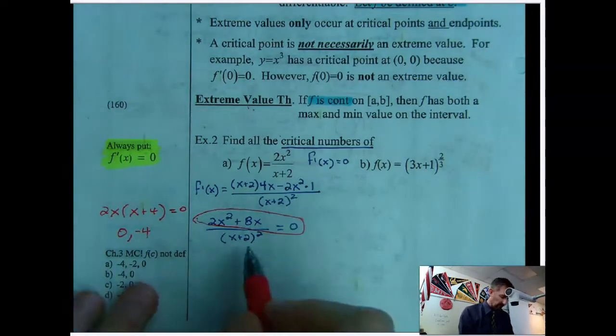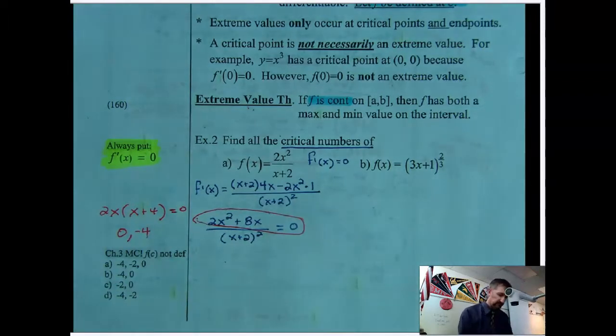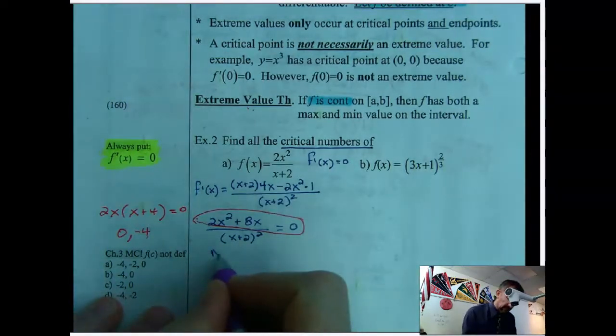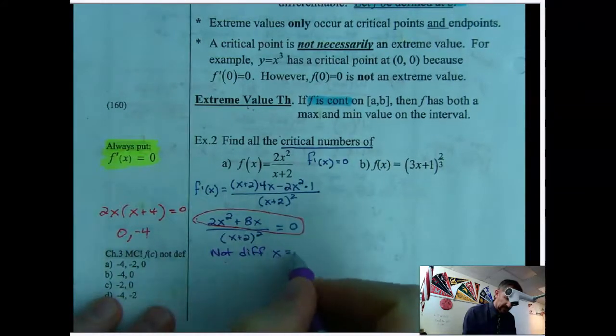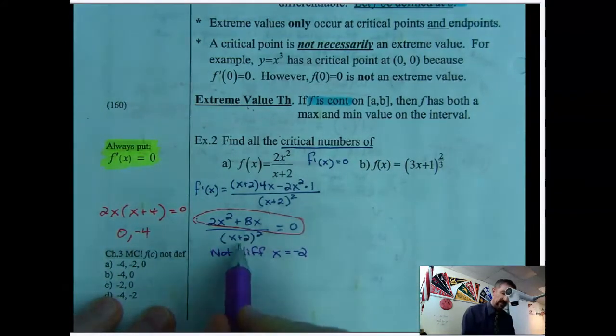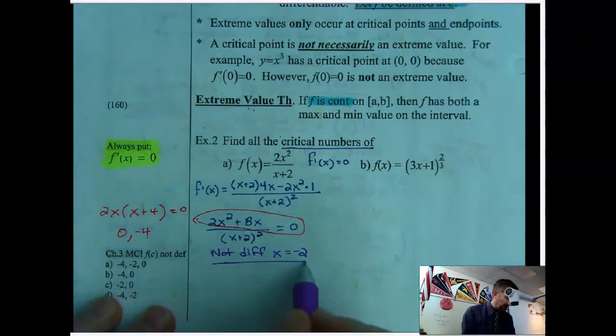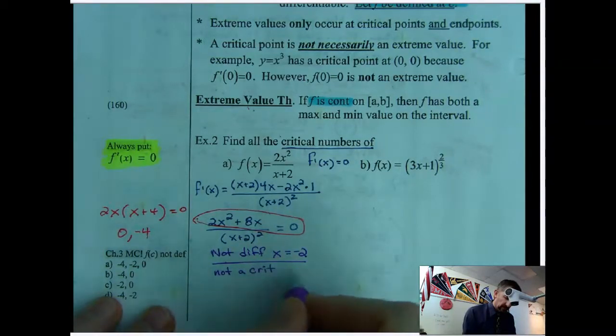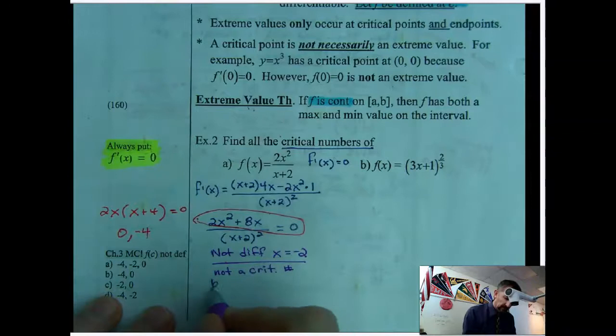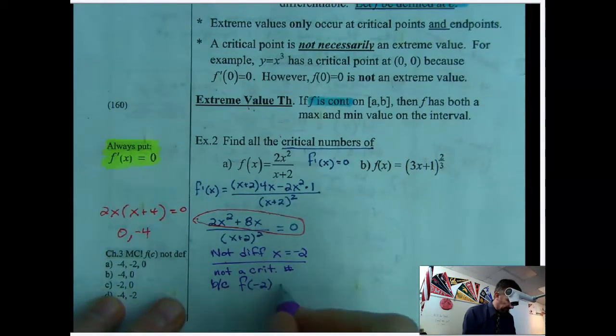Now, where is it not differentiable? It's not differentiable at x equals negative 2 because that would be dividing by 0. But that's not a critical number because f of negative 2, let's put it this way,